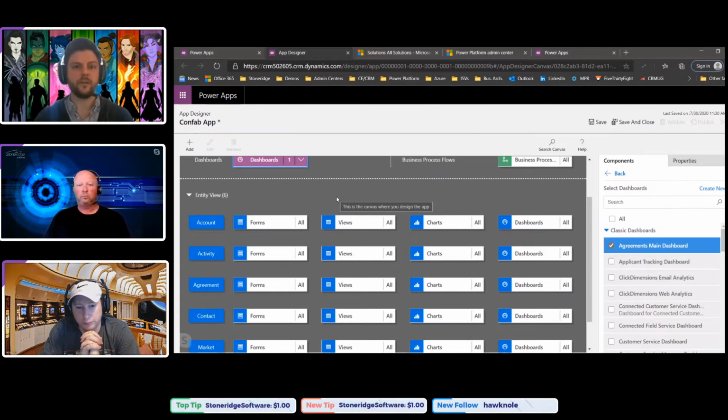We have a certain level of granularity when we're thinking about the user experience, and we're thinking about reducing the noise. If it's just customer service reps in this app, or just contract managers, well, a whole fleet of territory managers on the sales side, the contract managers don't care about leads and opportunities. They don't care about the product catalog. They don't care about all these things. So let's reduce that noise. Let's reduce that clutter. So they have only what they need, in an efficient way, to execute their day-to-day, week-to-week, and don't have to sift through a bunch of other entities, records,